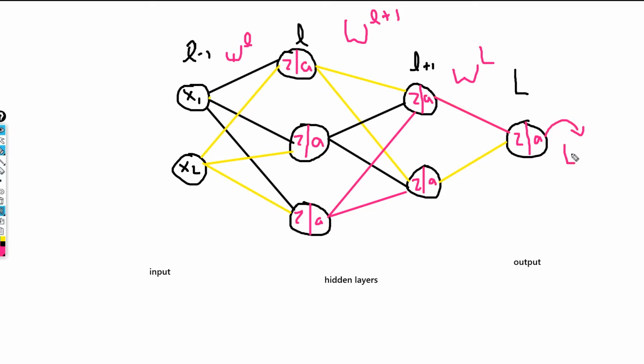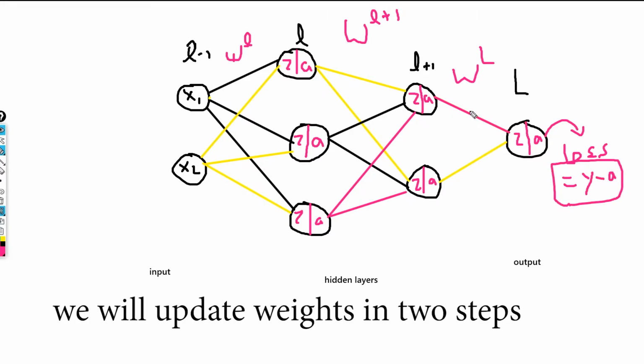Let's suppose the loss is capital L, or let's say it is only loss. That loss is going to be Y minus A, which is this value. So because of this process, the loss is going to be a little bit different for this layer.